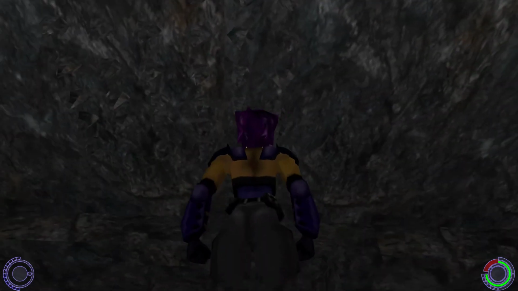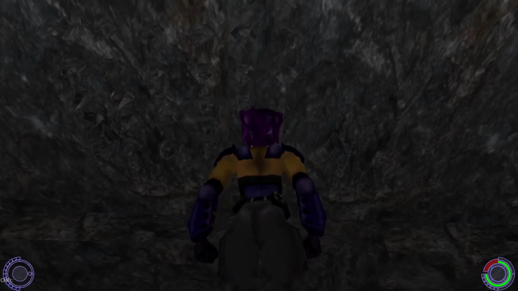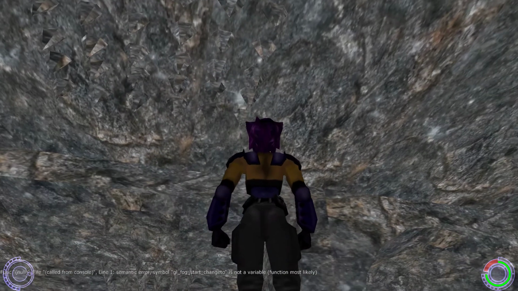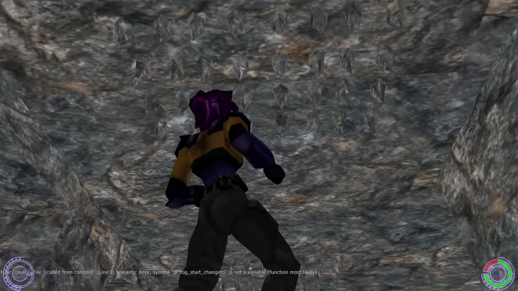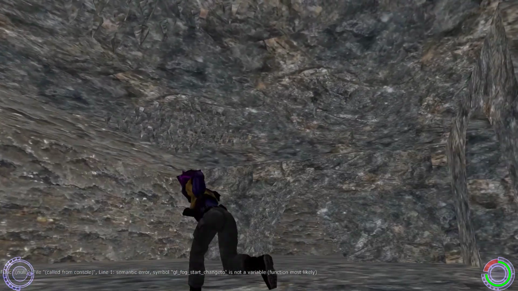You can see the spikes right here. Let me reset the fog of view so you can see it better. Okay, you can now see the spikes right here.